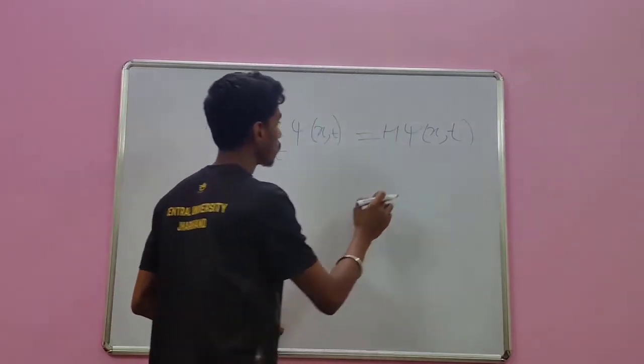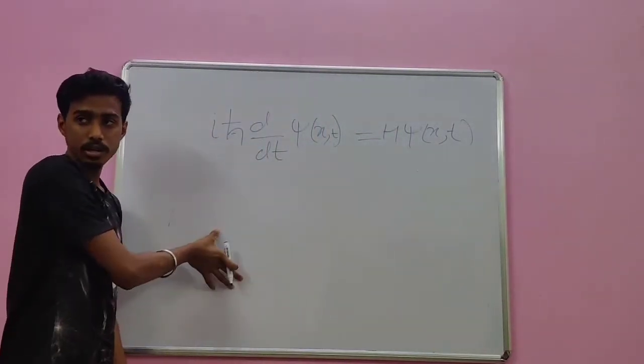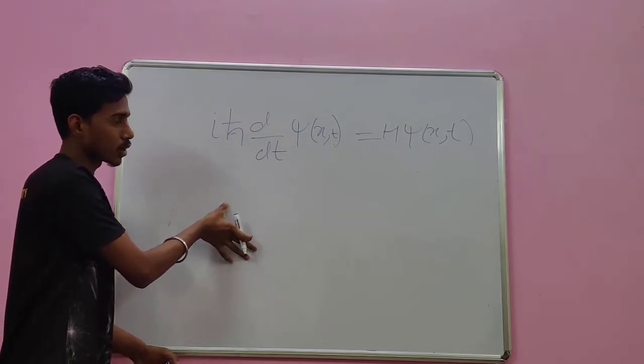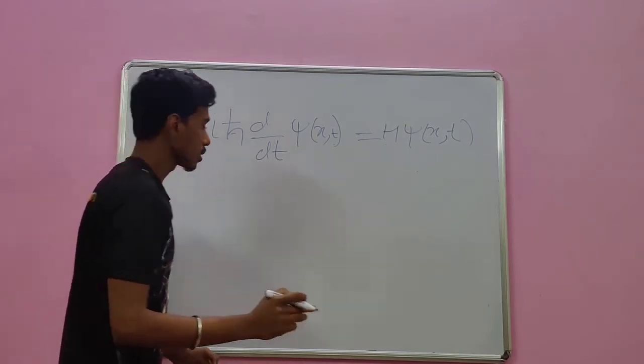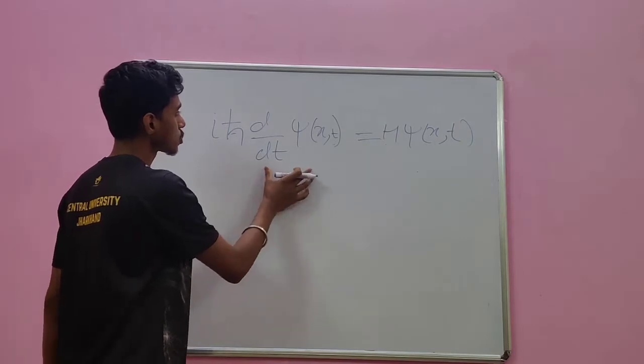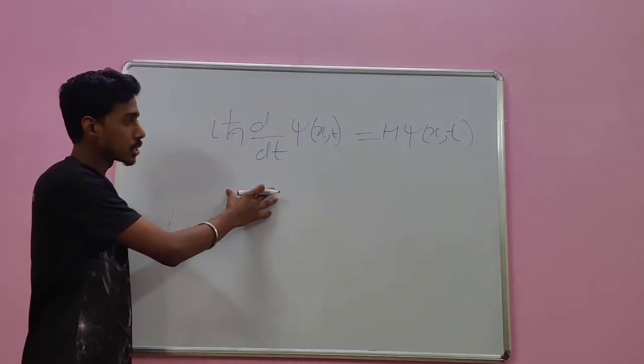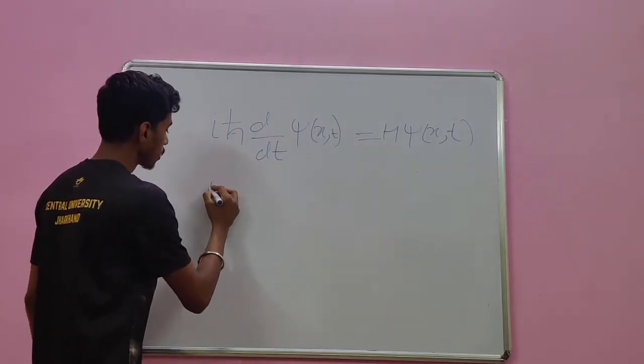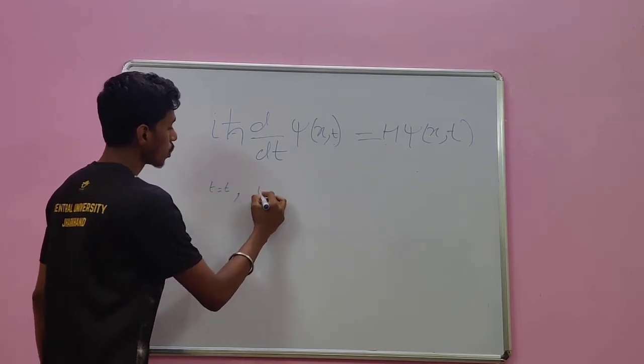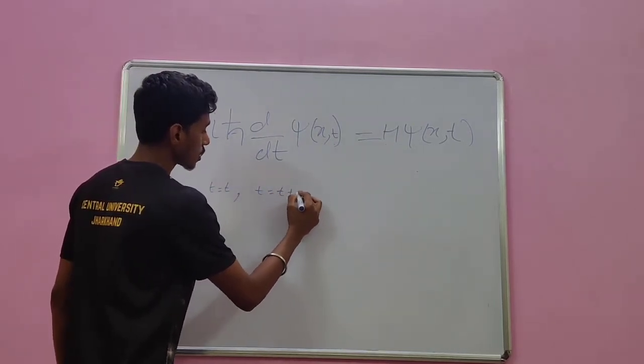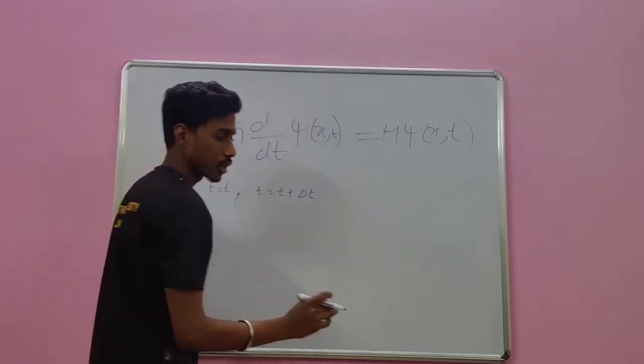Now how do we implement this in a quantum computer? We are showing that if this Schrodinger equation is integrated from t to t plus delta t,